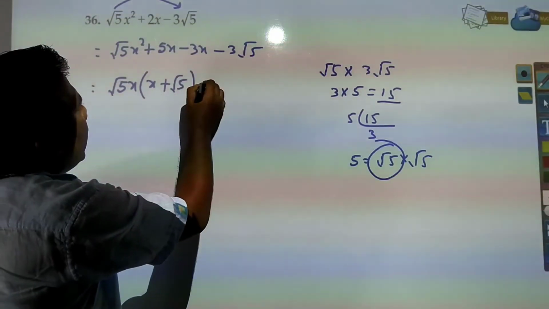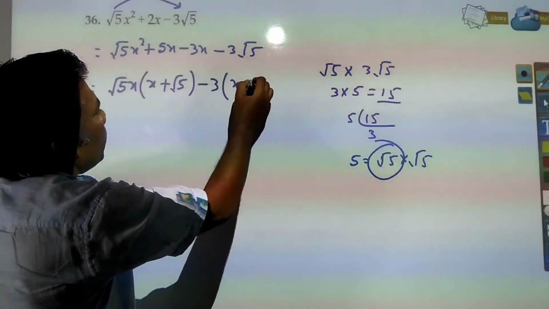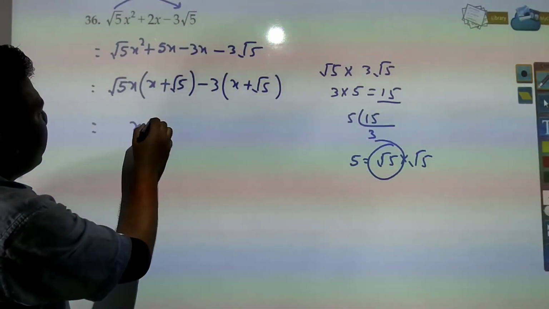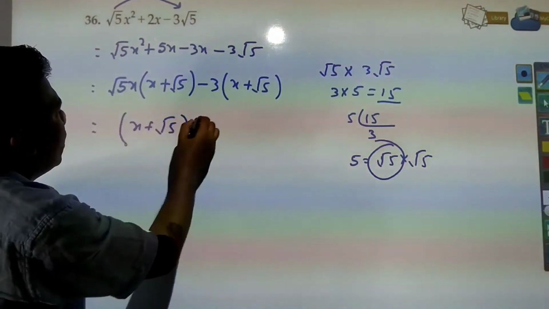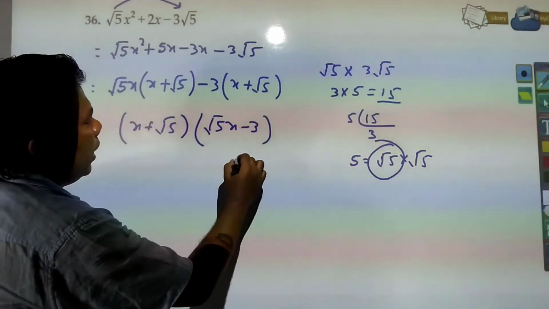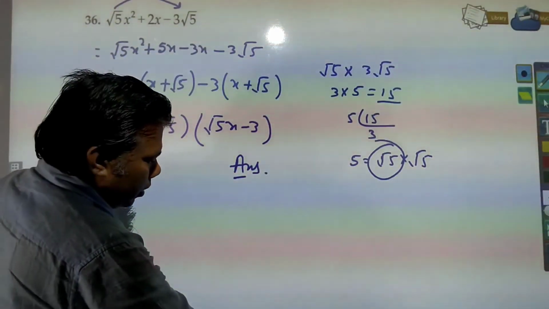And here minus 3 will be taken out common and you will be left with x plus root 5. Now you have common x plus root 5 and you will be left with root 5x minus 3, and this will be your answer. Next,